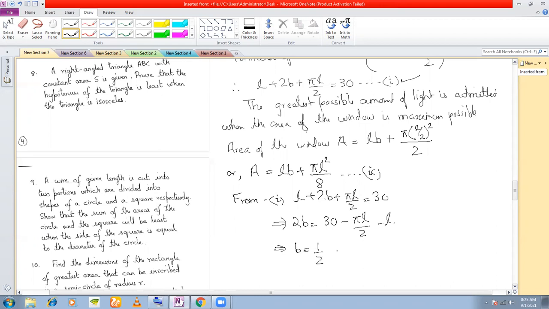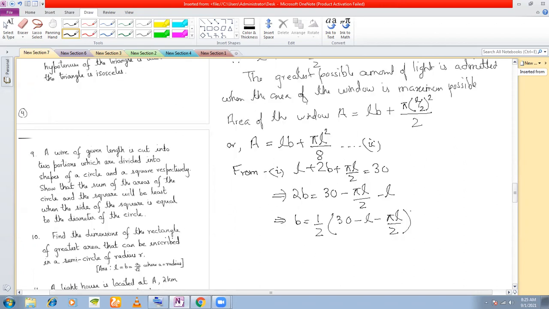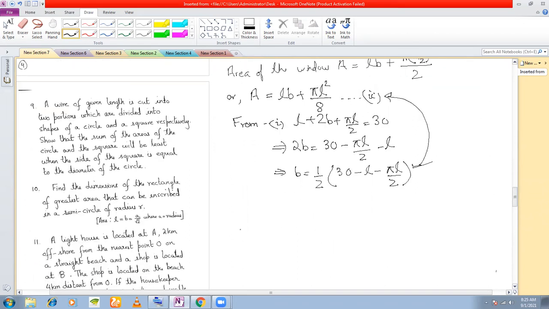B is equal to half of 30 minus L minus pi L by 2. Now, since you have found out the value of B, you put it here so that the expression for area is reduced to only a single variable. Putting this value in 2 above, we get